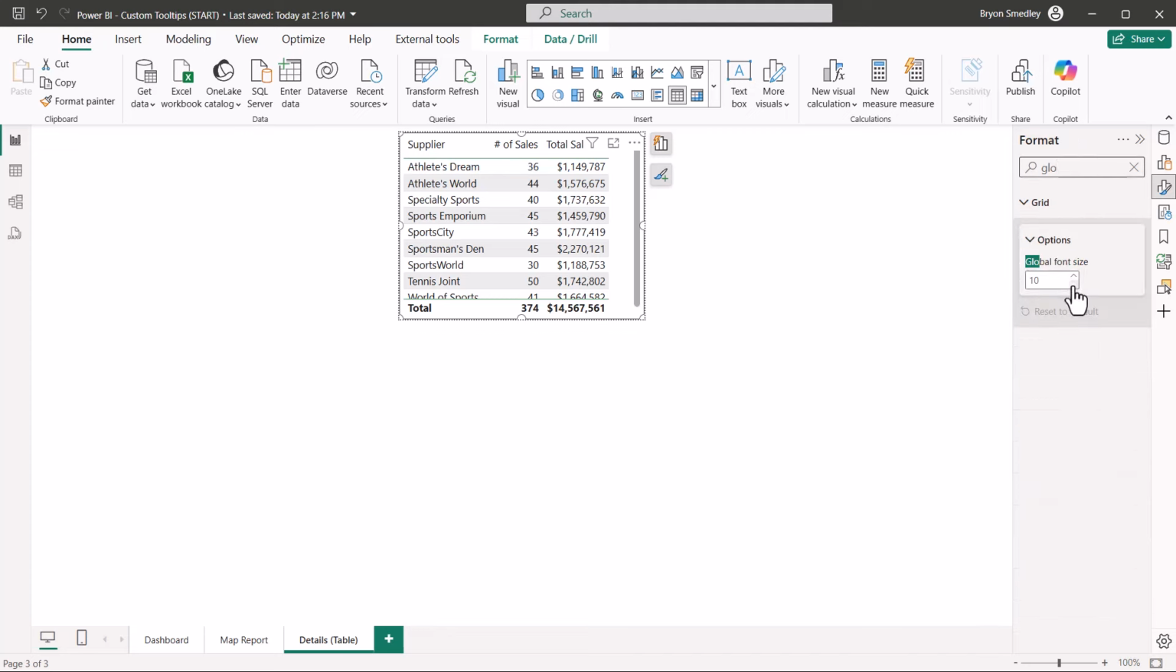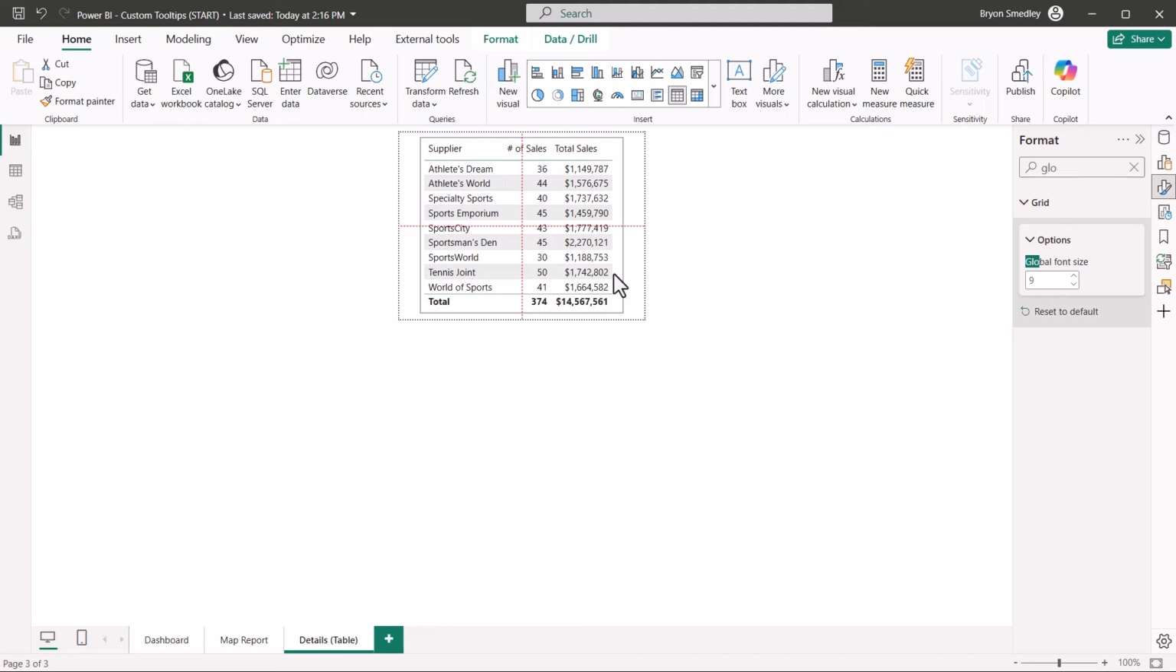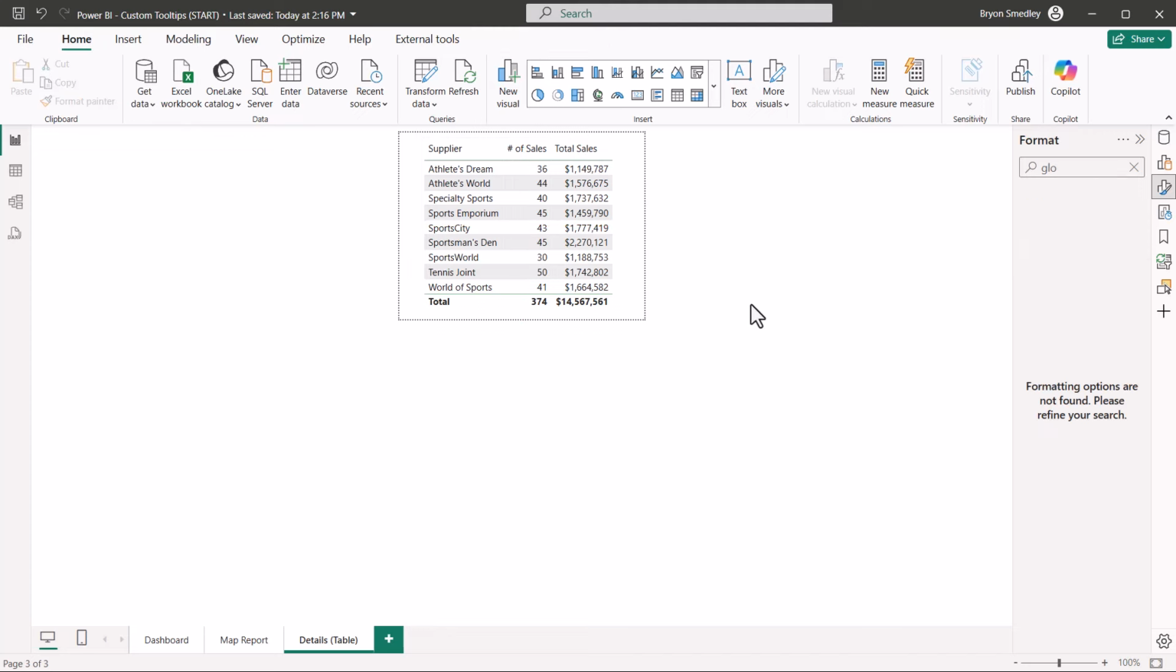And I'm just going to reduce that from 10 points to 9 points, just so I don't have to do that tiny bit of scrolling. It's not centered, so I'll go ahead and resize this, and then I'll move it into the middle of the canvas. So this is what I want to pop up